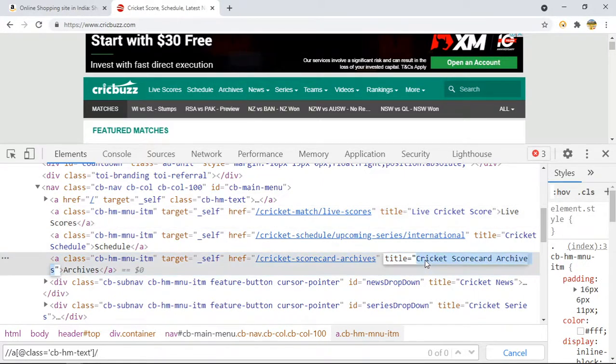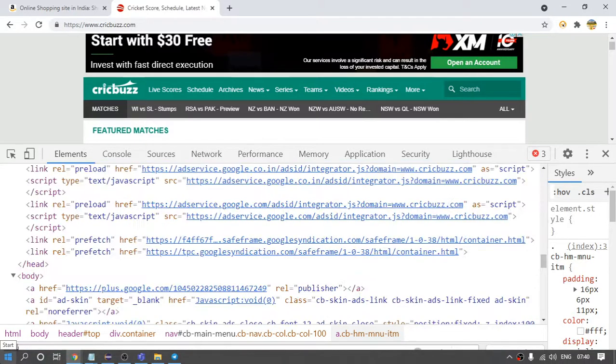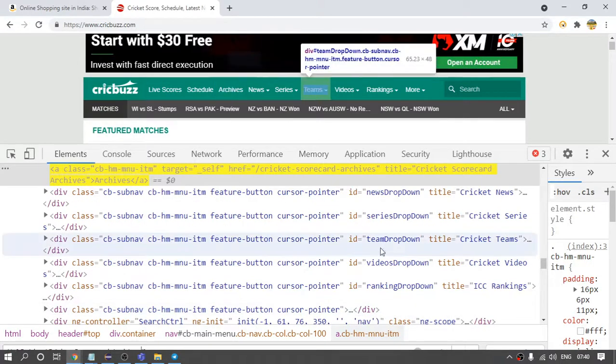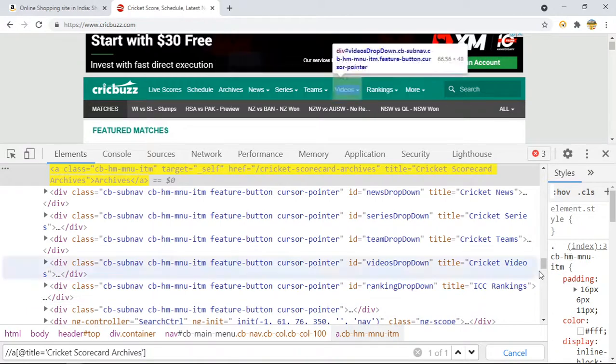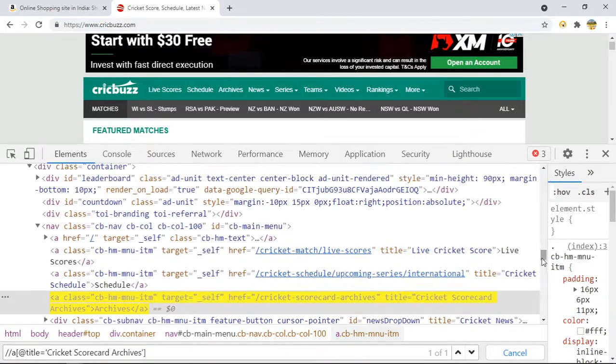Let me take this title. So only one element is matching. Right now I am on this particular place. Suppose I want to move from this particular child to some other child on the top. We have 3 children, so basically we are traversing in the backward direction. If I want to move to any other child from bottom to top, I can say preceding-sibling::